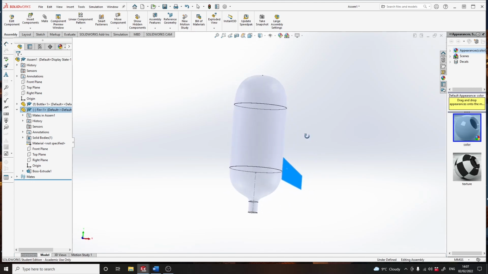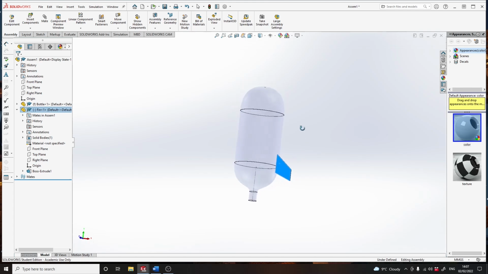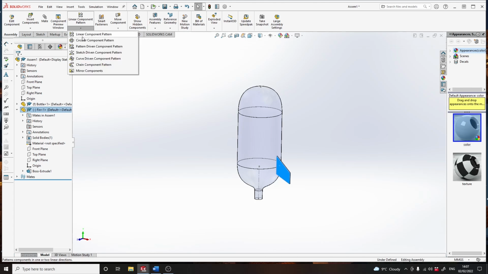But now what I'd like to do is put some more fins on. What I could do is just bring in some more and then mate them to the other planes and so on. But because I'm lazy, I'll tell you what, I'm just going to do a repeating pattern. It's going to be a circular pattern, and I'm going to repeat the fin round. So if I go to patterns, circular component pattern,